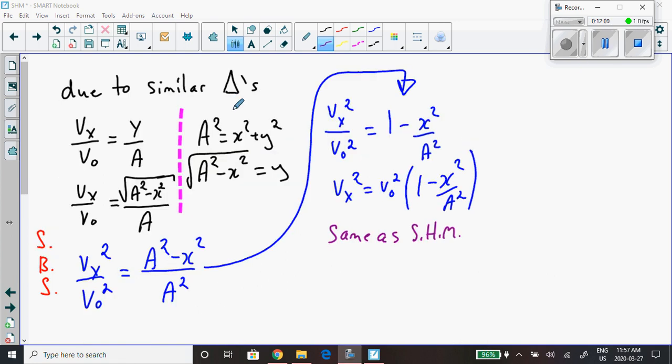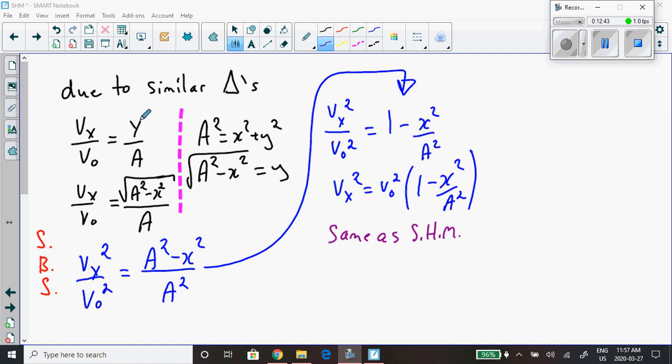All right, so we're back here and now we're taking advantage of the fact that these triangles are similar. So since they're similar, we can set up a ratio of the appropriate sides. And we know the sides are appropriate by finding what angle they're opposite from. If I am careful about looking at what angle they're opposite from, I can establish this ratio of similar sides within similar triangles. Vx, velocity x component, divided by V0, the whole velocity, the hypotenuse of the triangle, is equal